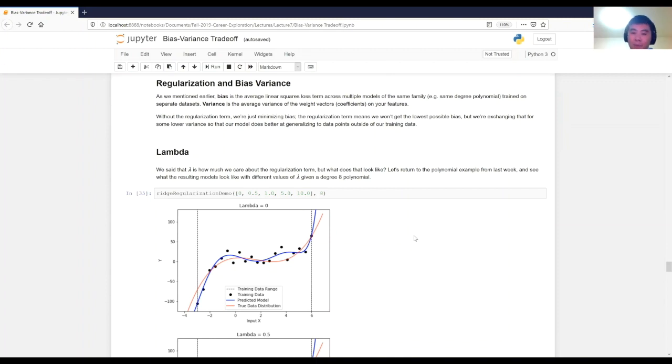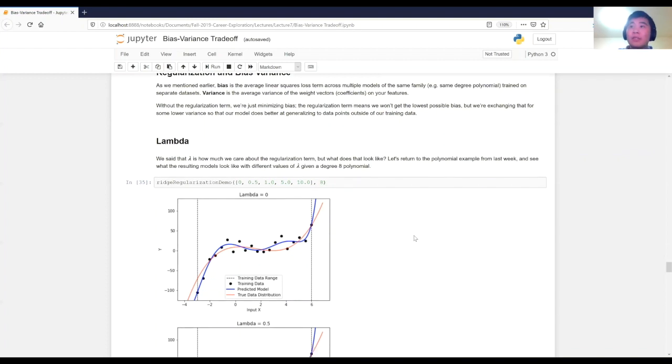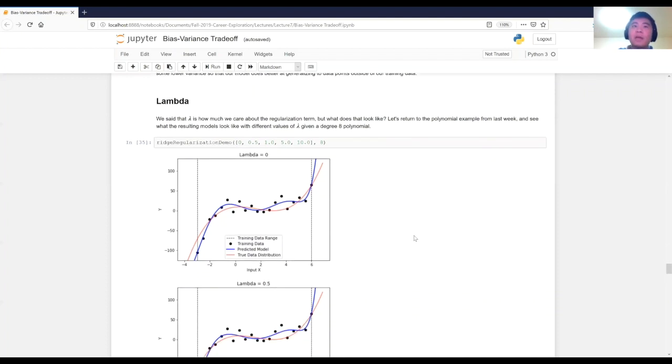Because when we have really high values of lambda, that's essentially telling our model to reduce its complexity, so that our model might not fit the minutia of the underlying model of the data. What I mean by this is,